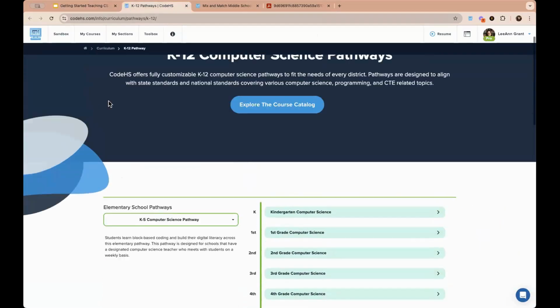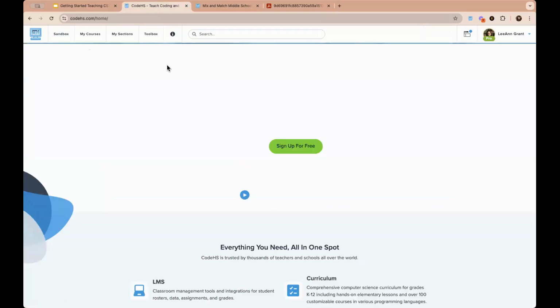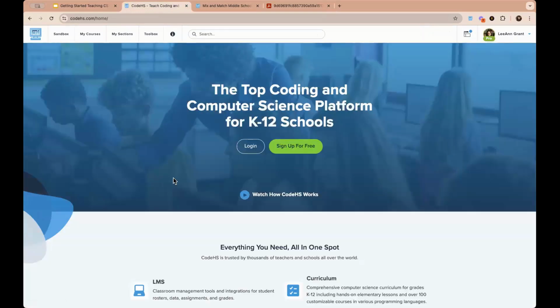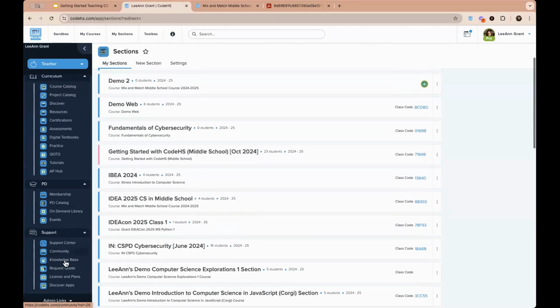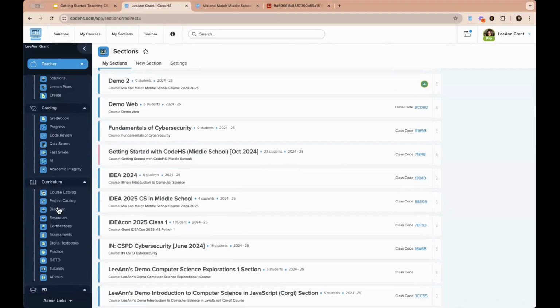If you want to view that, I'm going to go back to my home page here. Why is it asking me to log in? That's weird. Okay, so on the left-hand side, since you are in, you should have this view as a teacher. All you would have to do is go to course catalog on the left-hand side